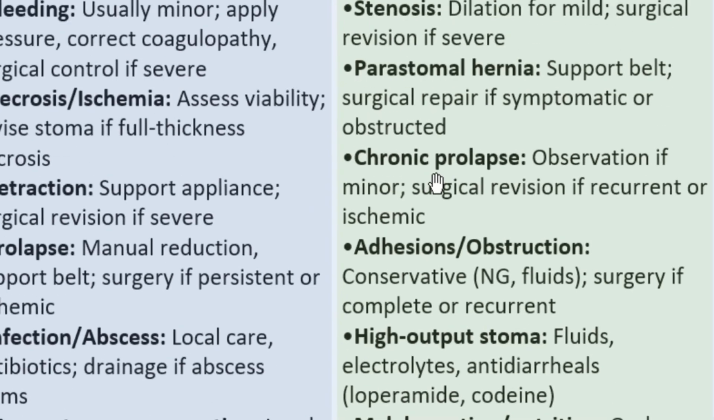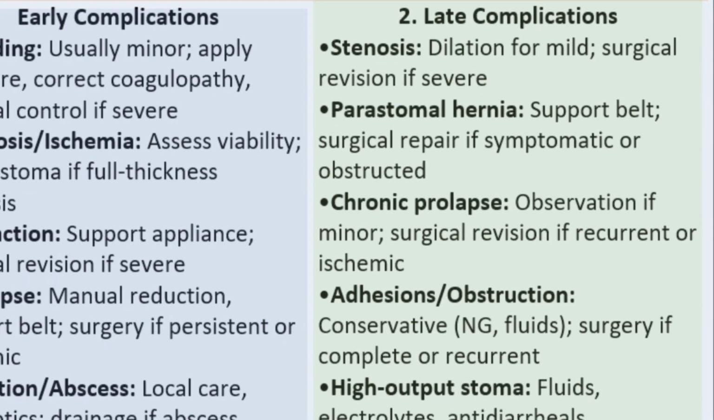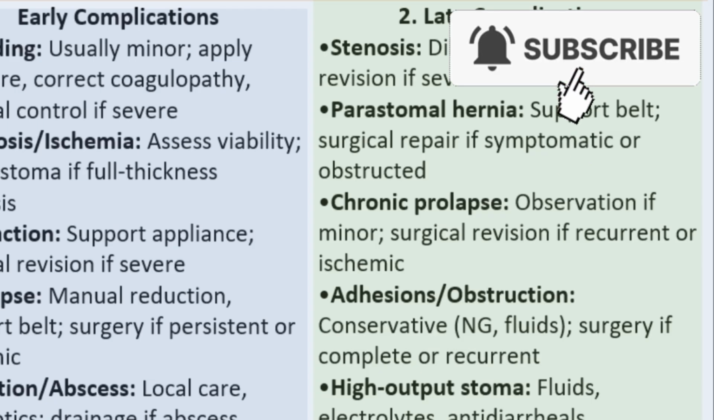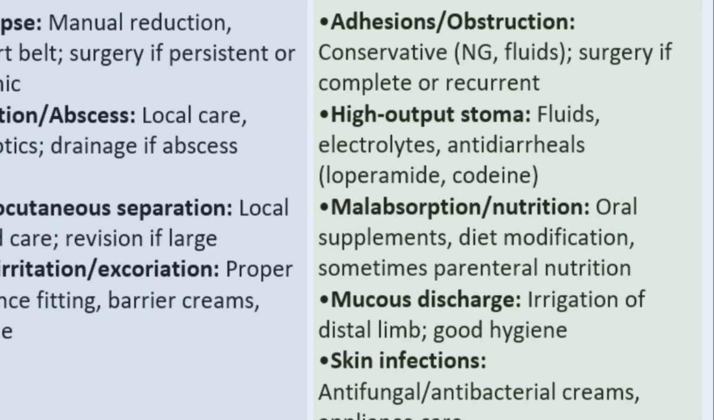Then we have the late complications, and the late complications are going to include a stenosis, whereby the stoma can become stenosed and therefore close, and we can dilate this or revise it if it's severe. You have parastomal hernia, we have chronic prolapse, you can have adhesions occurring and obstruction. We can have high output stomas like when you do an ileostomy, and this increases the fluid loss, electrolytes, and we can correct this by giving antidiarrheals like loperamide, codeine, or somatostatin, which is a growth hormone analog,